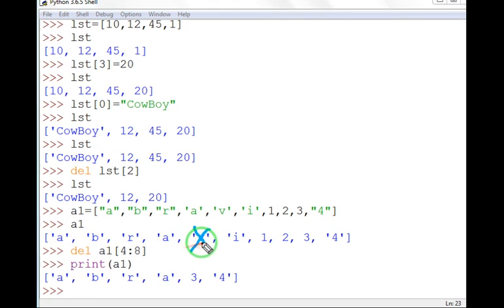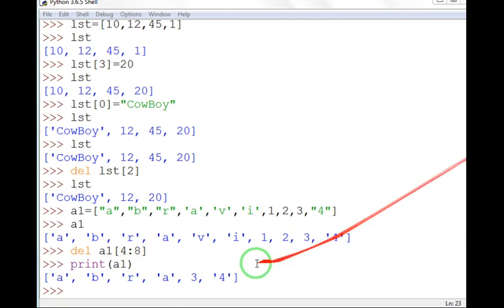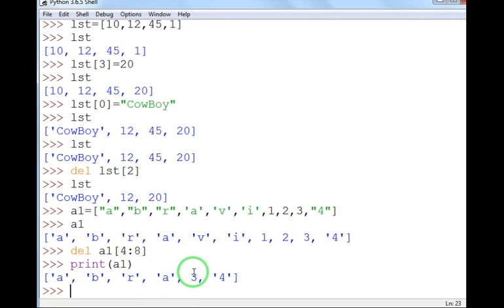So after A, this V has been removed, I has been removed, 1 has been removed, and 2 has been removed, because V is having index number 4. Now this is having index number 5, 6, and this is having index number 7. Index number 8 will not be removed. So this way you can remove a subset from a set of values.